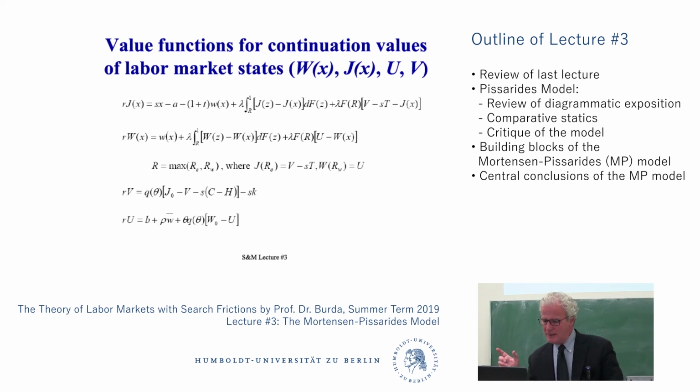So the last part is the probability that X does change in the next instant with probability lambda, and then this is the probability that the value of X is below the threshold value, so we break up. And what happens when we break up? From the worker's perspective, I get U, and I lose W of X. That was the capital loss that Lucas talked about in the first lecture. So my capital loss is U minus W of X.